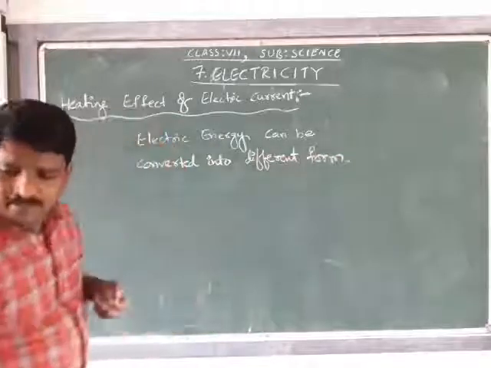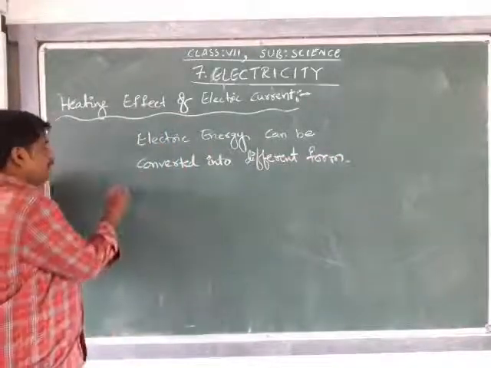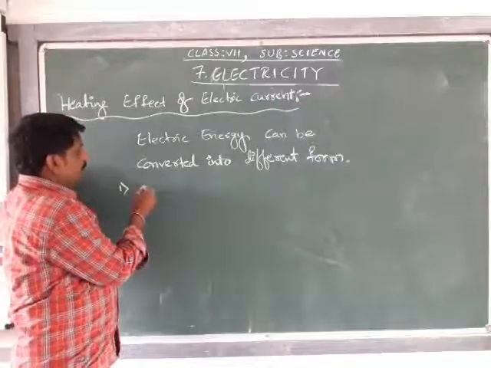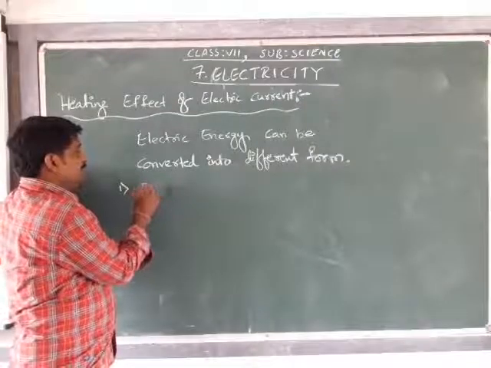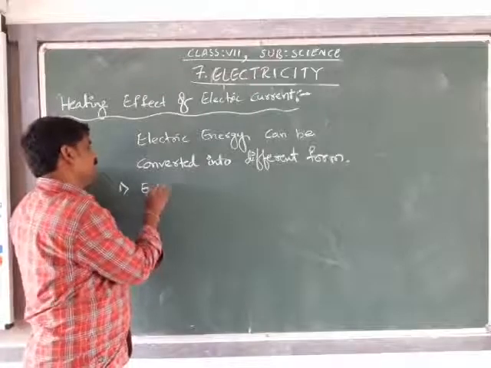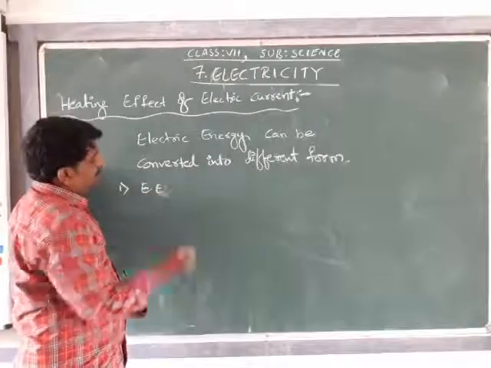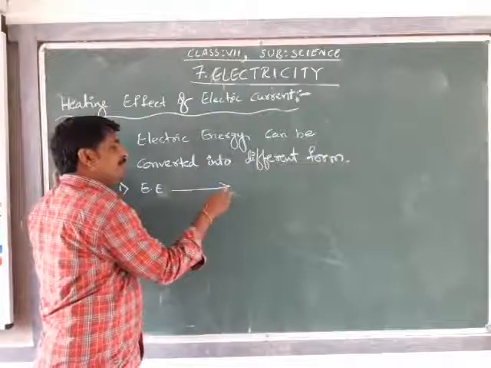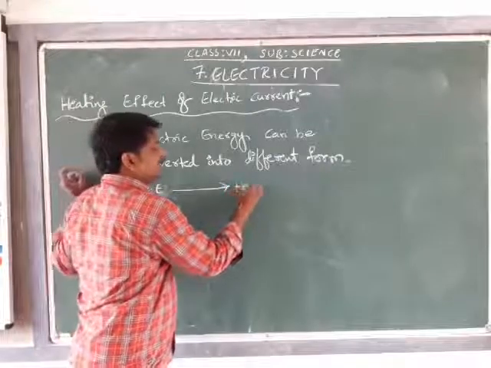What does it mean? Electric current, EC I am writing in short form, or electric energy. Electric energy can be converted into heat energy,